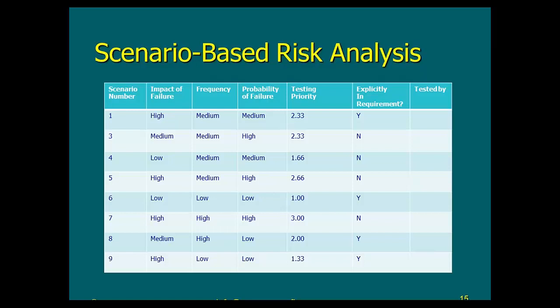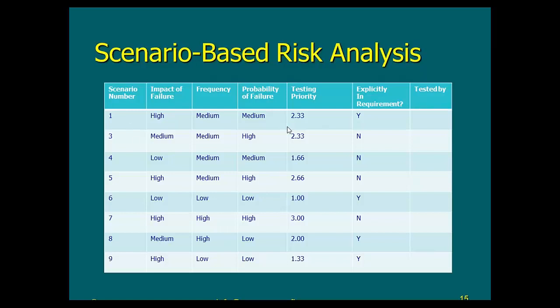This is not what acceptance criteria is, because normally you get 5 to 10 acceptance criteria. But when you follow my scenario process, you come up with 50 or 60 scenarios. Then the challenge is, do we have time to test all those scenarios? And the answer is no. So that's why